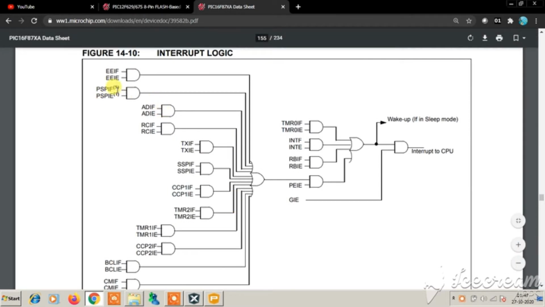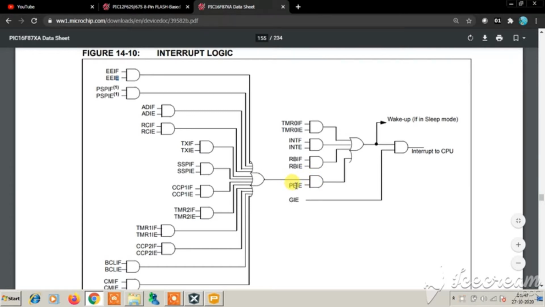The interrupt logic diagram you can very well understand. If you look at it carefully, you can see this is the enable and the flag. Also here the enable and the flag. So the EEPROM, AD, RX, SSP, CCP, timer, bus collision, comparator, all these are ORed together, and in this AND gate you can see the PEIE.